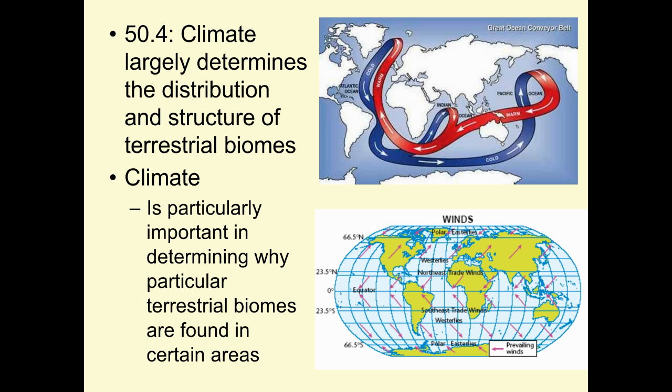Why? Well, where do we have the highest intensity sunlight? The equator. So at the equator, we get the greatest amount of heat, energy transfer from sun to our environment. Why? Because it's the most direct sunlight. Where do we have the least amount of energy transfer? The South Pole or the North Pole.